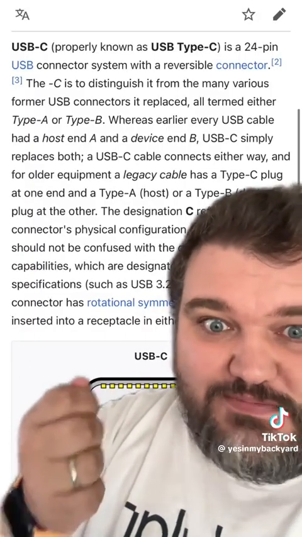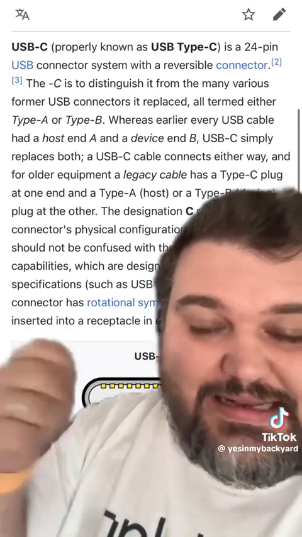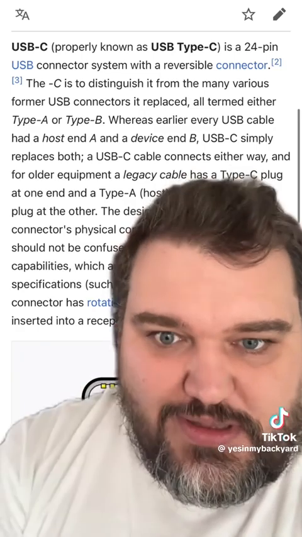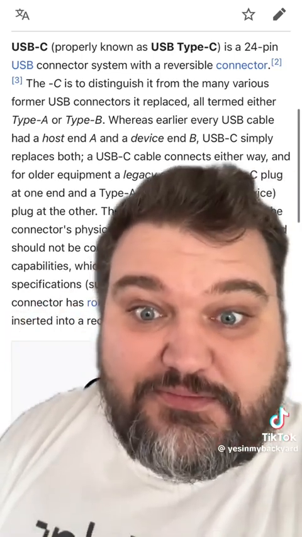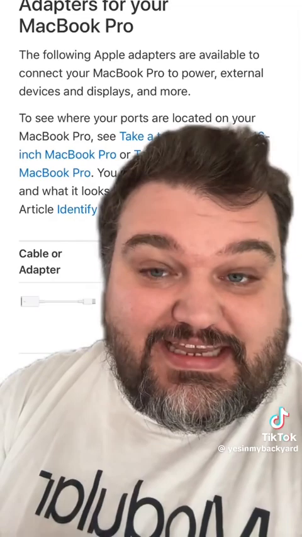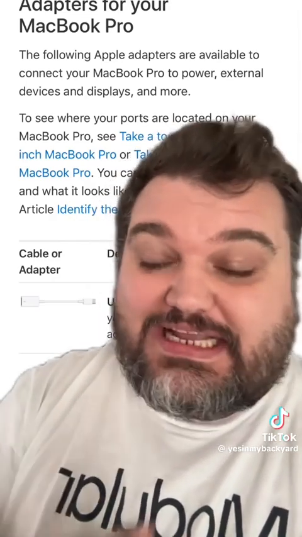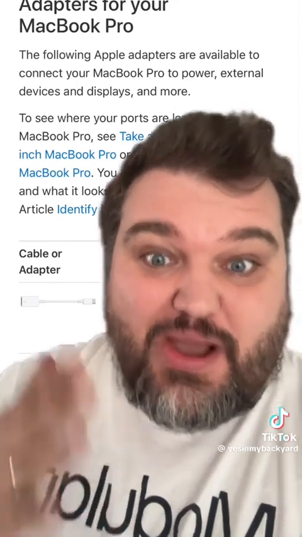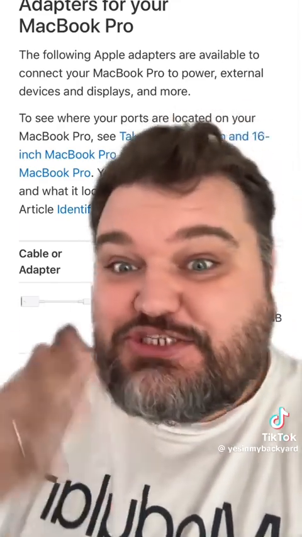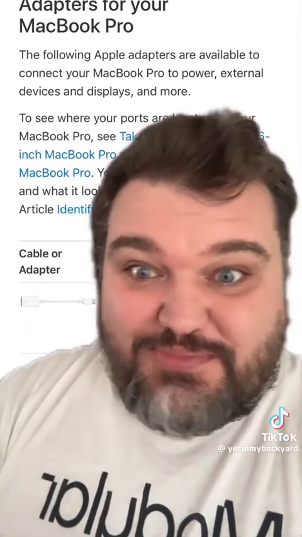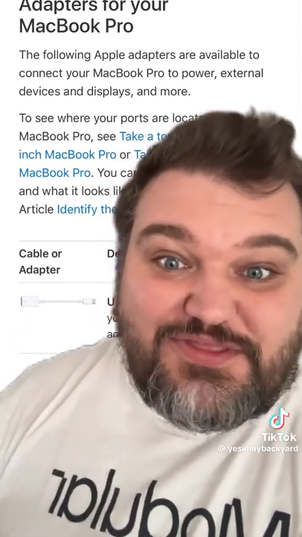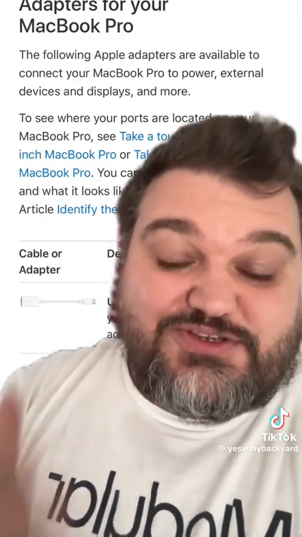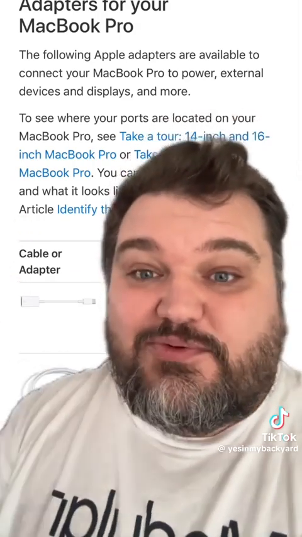You could have one port that's the same on both ends, and you can connect anything to anything. And then whatever you plug it into will negotiate. Am I the host? Are you the client? And we'll figure out the topology together. Now, while Apple did not invent USB-C initially, they did jump on to help with it, committing a lot of resources. And in fact, they're widely the reason why USB-C became popular in the first place. They shipped a MacBook with only USB-C, and people called it the dongle book because they got rid of all the other ports that people liked, because they wanted people to use dongle accessories because this new port would have solved everything. They helped accelerate this new standard.